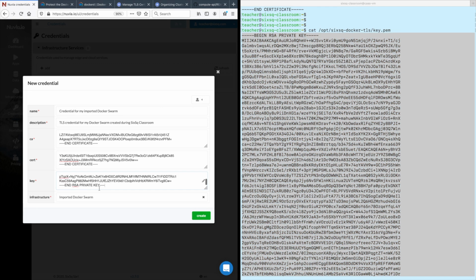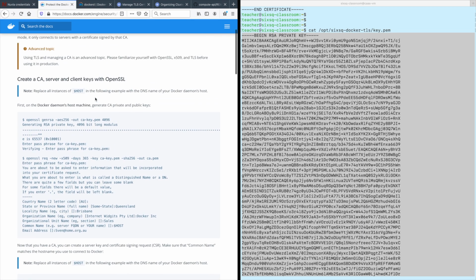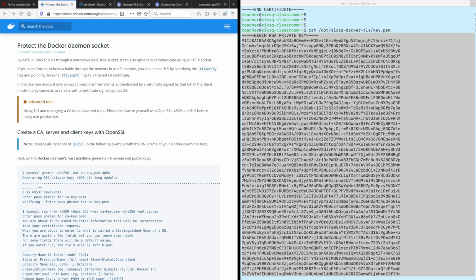And paste. And finally, you have this drop down here where you will select the infrastructure service that is associated with this credential. For our case, so far, we only have one, so that's the one. And just as a side note, if you have not used this NuvlaBox Compute API container to automate the setup of your Docker API TLS certificates, and you have used the official procedure from Docker, you will find those